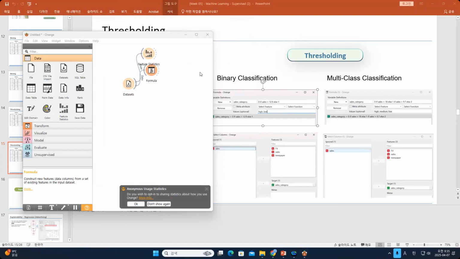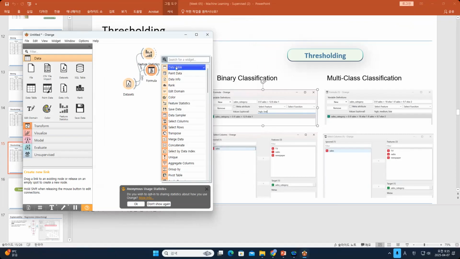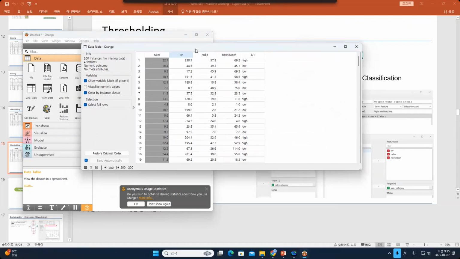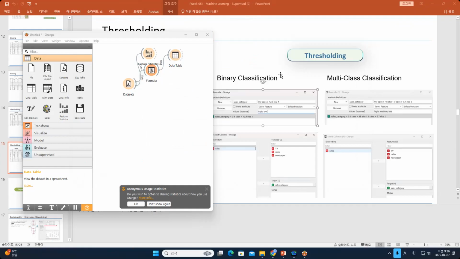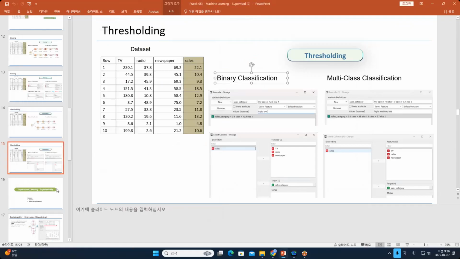If you do this, then you will see the data table. Now you can have the new attribute D1. So we have high and low. The sales is 22.1, so it is high. The sales is 10.4, it is low. And then what we can do is to check the